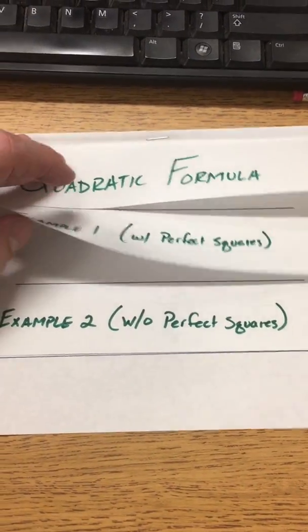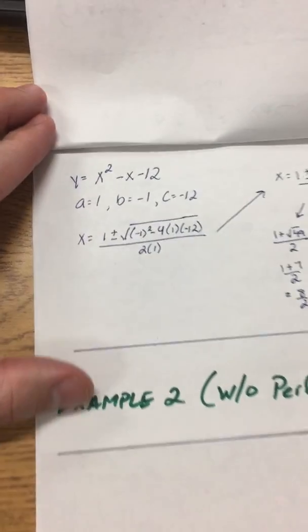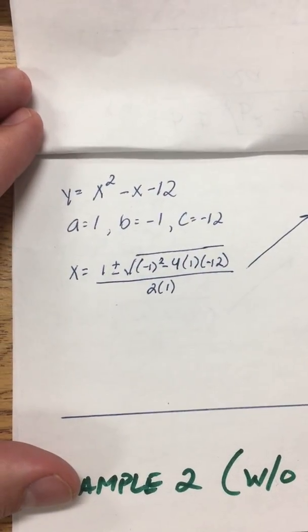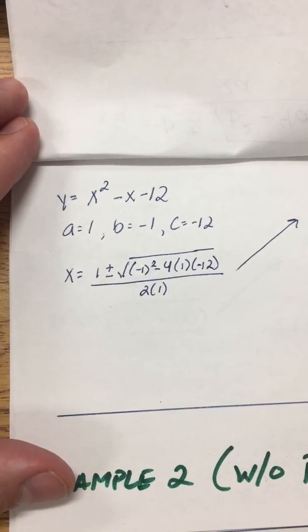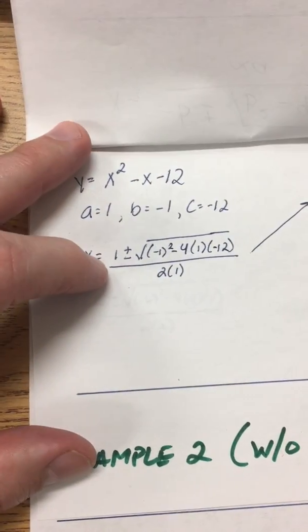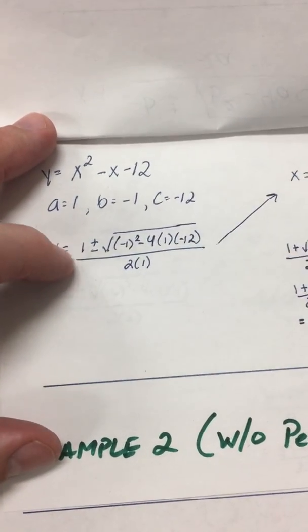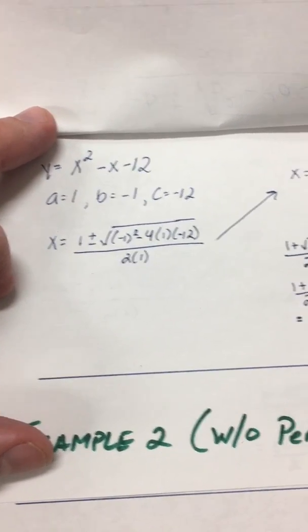Example 1 is going to be with a perfect square involved. That was the example, x squared minus x minus 12. I just gave the a, b, and c values, and then I plugged them into the quadratic formula. Opposite of b plus or minus the square root of b squared minus 4ac, all of it over 2a. Then I